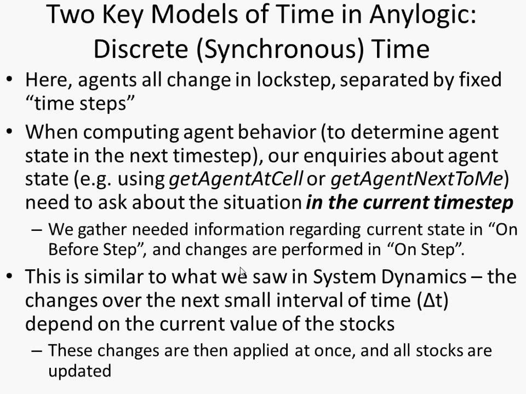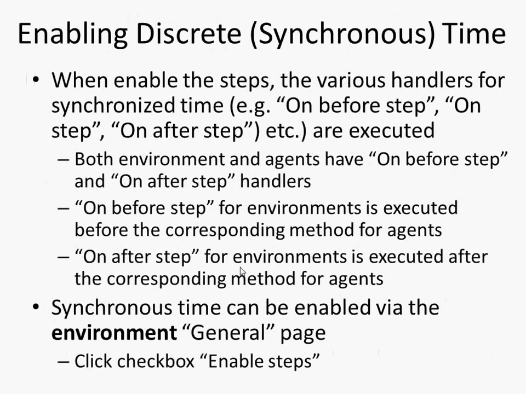So, just as in system dynamics, in classic stock and flow modeling, you're going to make the changes in the next interval based on the current values of the flows, and those current values of the flows are determined from the current values of the stocks. You're going to determine conceptually all the values of the flows before updating any of the stocks. And then, once you've determined all the values of the flows, then you can update the stocks all at once. Okay? That's what's really occurring within a stock and flow concept. So, context. So here, I won't go into this in general. I want to